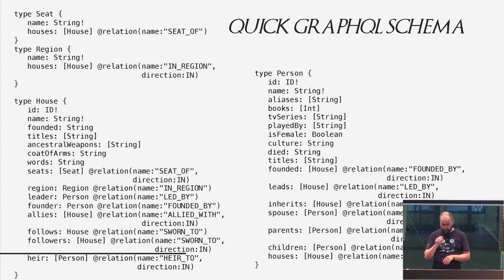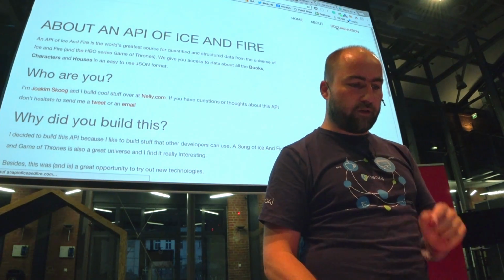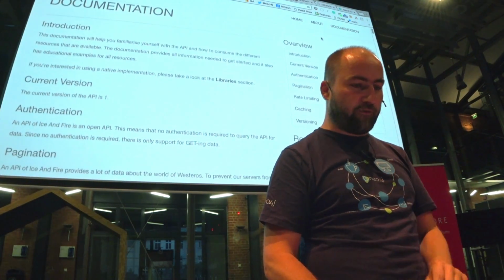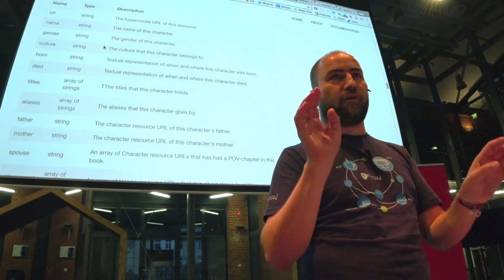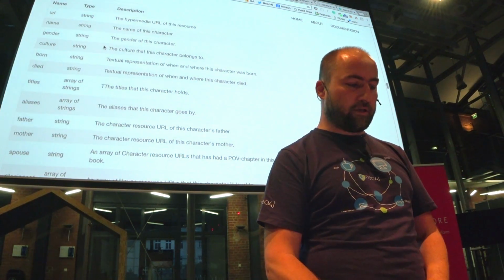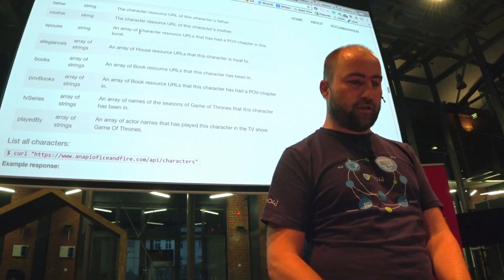So what I did, I just took the documentation of the wiki, of the API. The API documentation has, for each entity, a detailed documentation of all the fields and how they interrelate and so on. And so I just took this information and turned it into a GraphQL